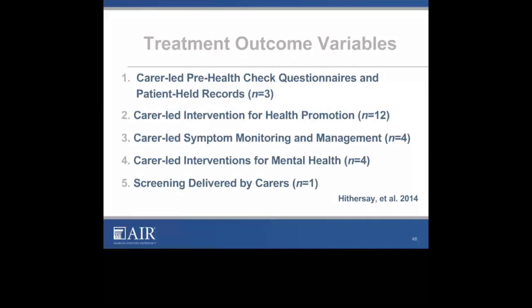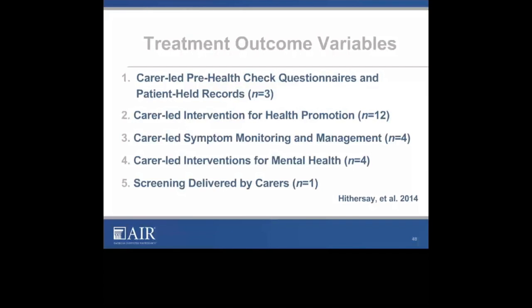This study was carer-led health interventions to monitor and promote and improve the health of adults with intellectual disabilities in the community. A systematic review. Well, it was systematic scoping. If you simply read the title, you might think you were getting a full-fledged systematic review. It's a well-done scoping review, though.